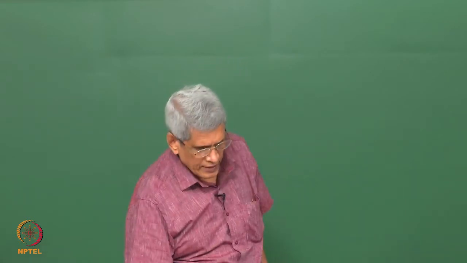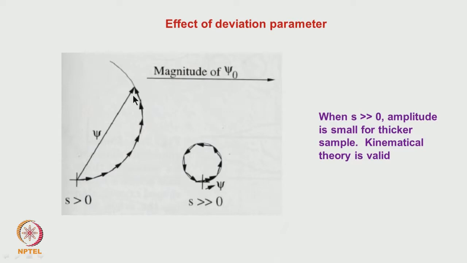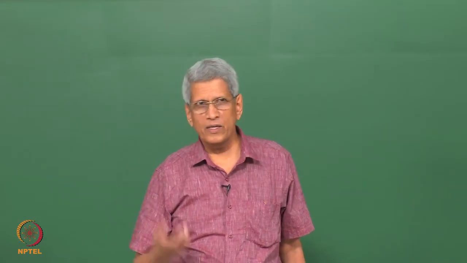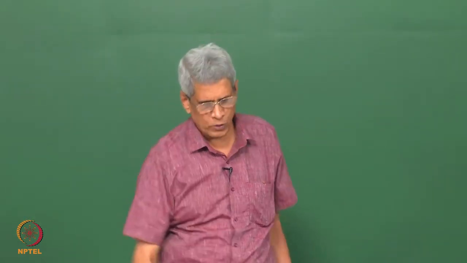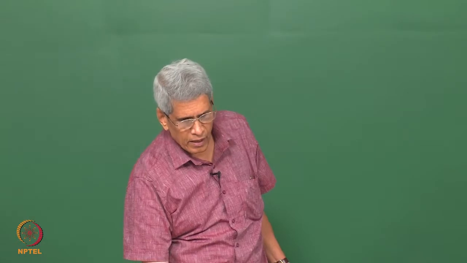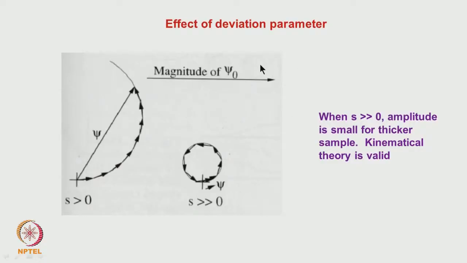Okay. In such a case, if you look at the net amplitude, it is going to be rather very large, correct? And there is a problem which comes in, because kinematical theory is based on the assumption that only a very small intensity is getting scattered, but the amplitude turns out to be large. Then when we try to calculate intensities, they can turn out to be 0. There are a lot of problems, it does not explain the results correctly.